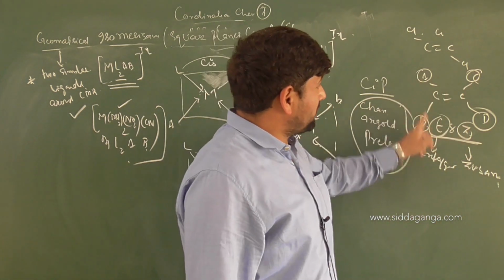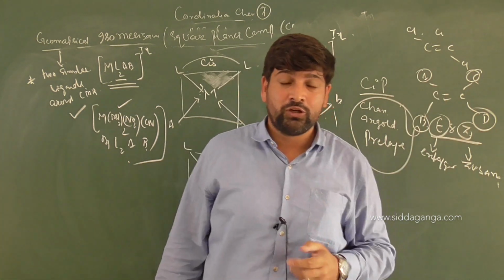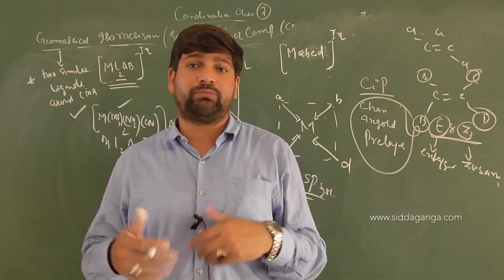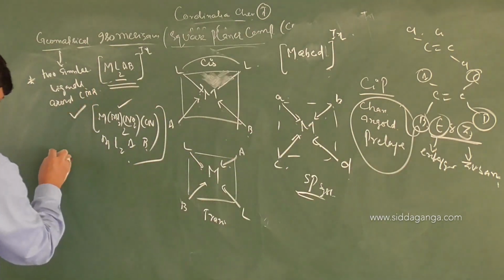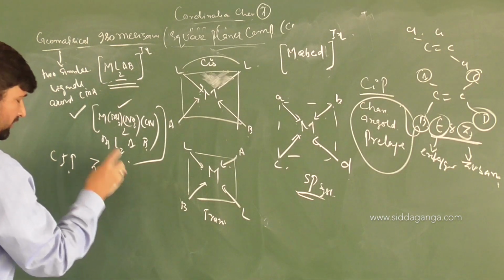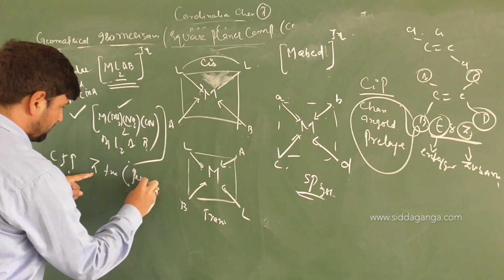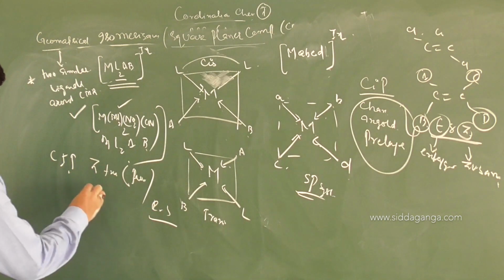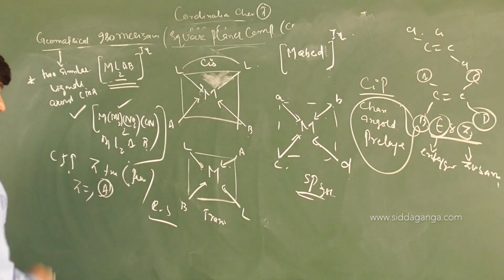But when four different groups are attached, there you use the CIP rule. And in the CIP rule, what do you do first? You take the difference in terms of atomic number. If the atomic number is the same, suppose isotopes are there. In CIP calculation, atomic number will be the first priority, and any atom with higher atomic number will be given priority. In a similar way we have the R and S system of nomenclature. If Z is the same, then we will take atomic mass, A, into consideration.